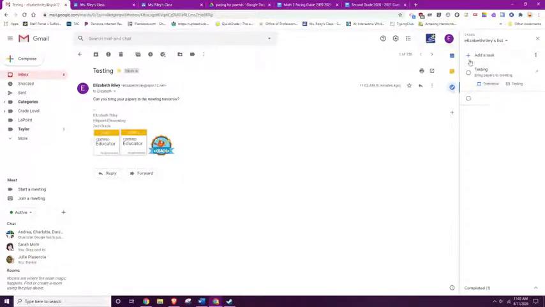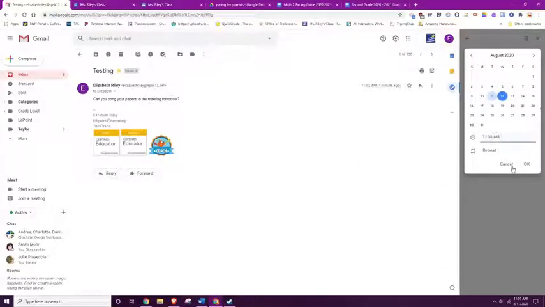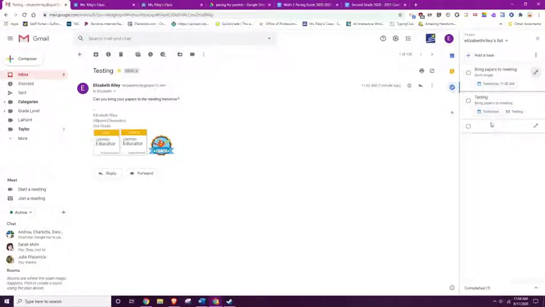I can also create my own task right from here. From this task panel, I can click add a task. So I could add something like bring papers to meeting. And then clicking the edit button, I can add a date and a time for that. I can even set up a time. So my meeting's at 11:30, okay. And I can say something like don't forget. And it's going to add it to your task list. These will add them to your calendar, I'm pretty sure, but